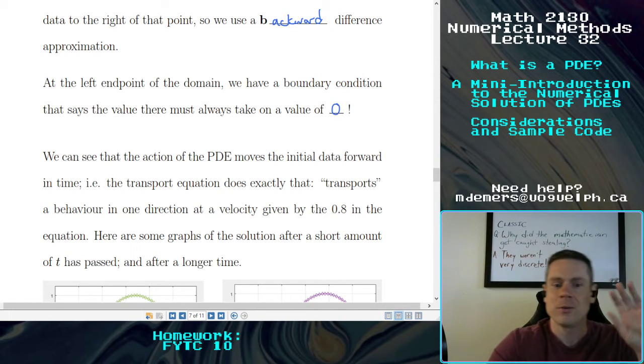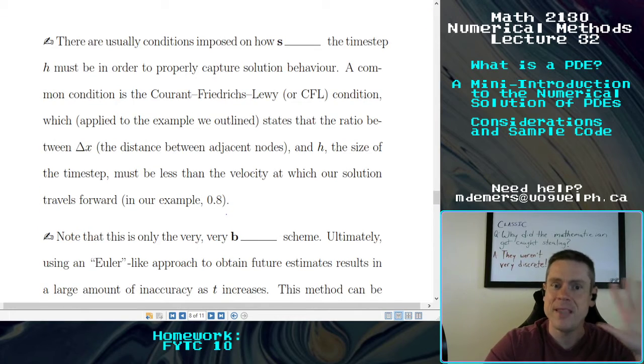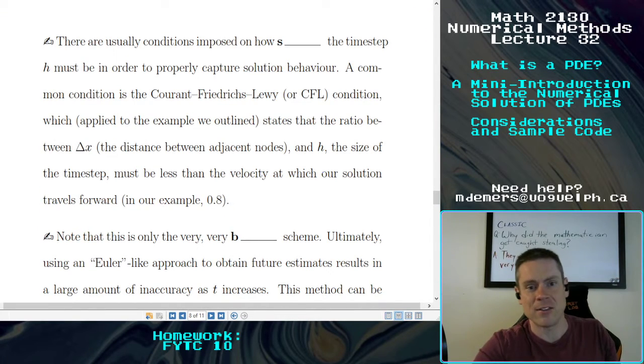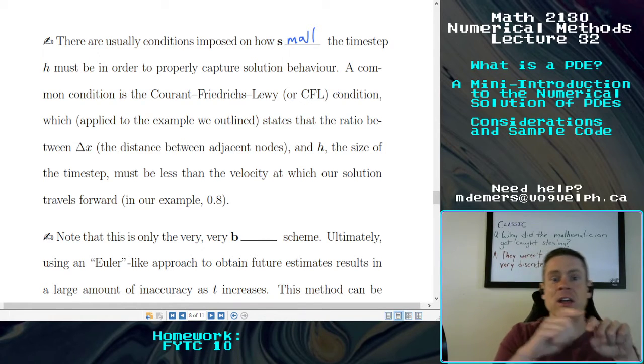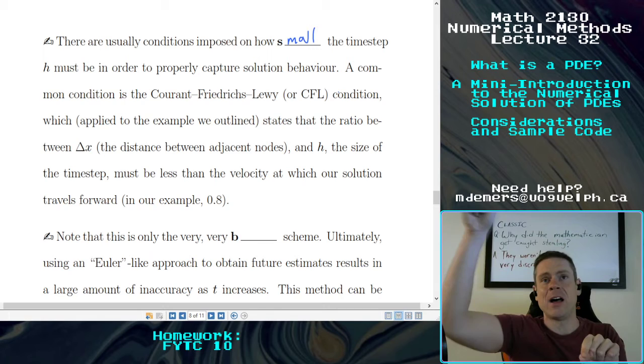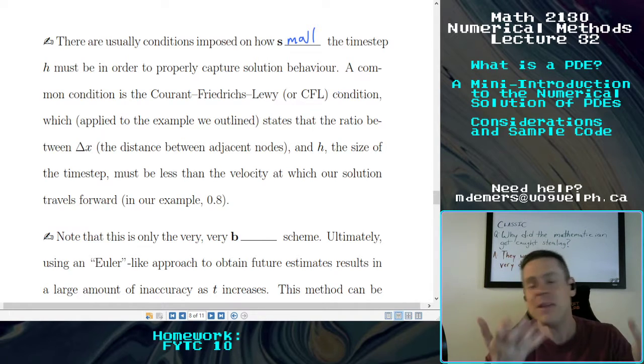And I recognize that there are a lot of moving parts here. No pun intended. That it's a complicated setup, but I think there are enough pieces here that it can make some sense. Okay, some last considerations I want to talk about here before I just quickly show off the code. There are usually some conditions imposed on how small the time step h must be to properly capture solution behavior. If you take too big of time steps, right? If your h is too large, it's the same sort of deal with